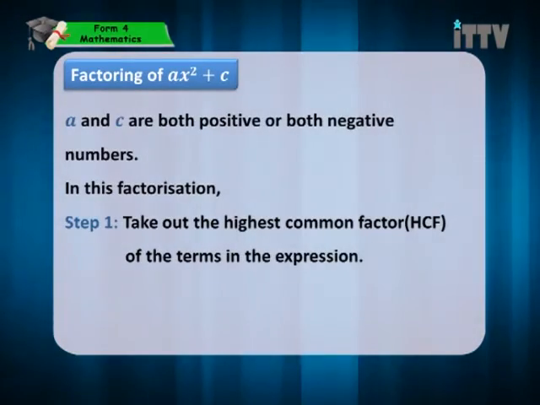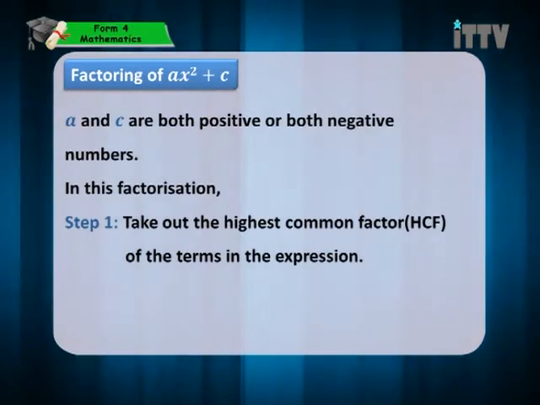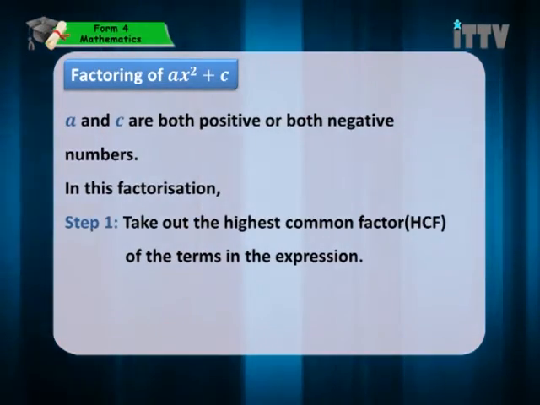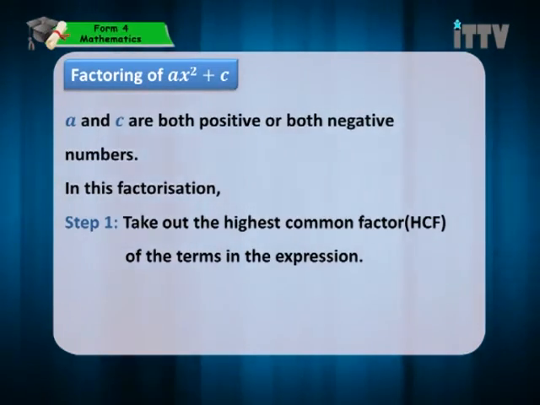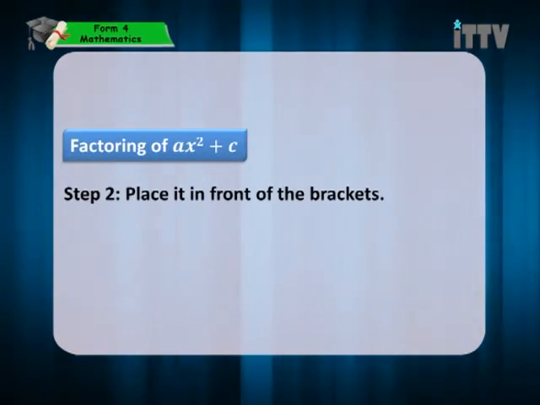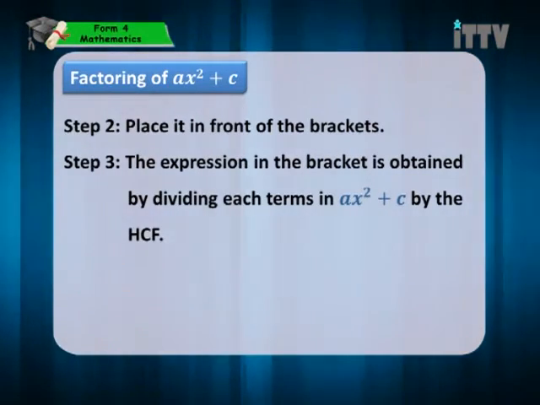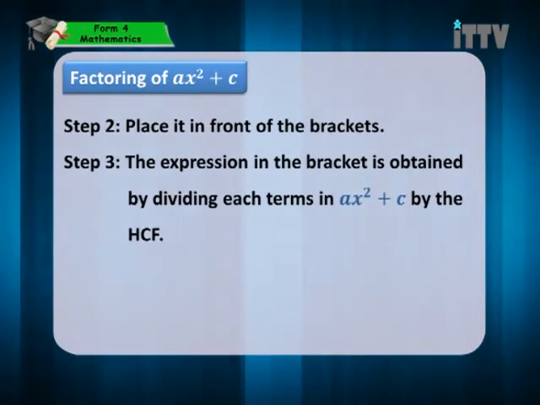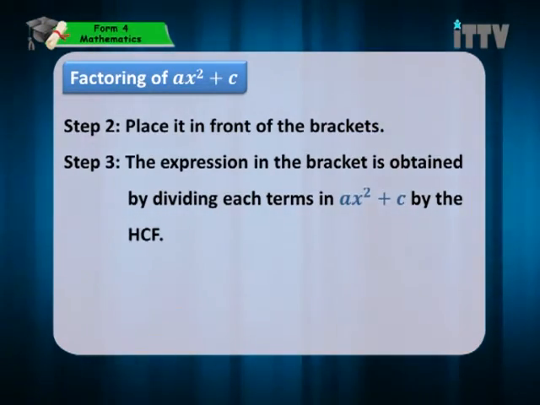In this factorization, step 1, take out the highest common factor, HCF, of the terms in the expression. Step 2, place it in front of the brackets. And step 3, the expression in the bracket is obtained by dividing each term in ax squared plus c by